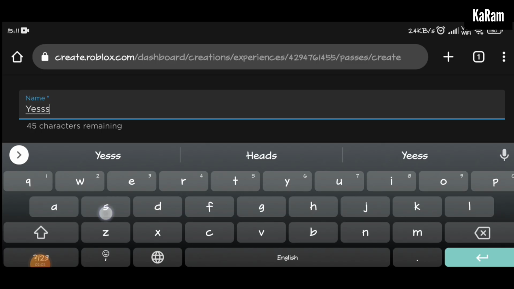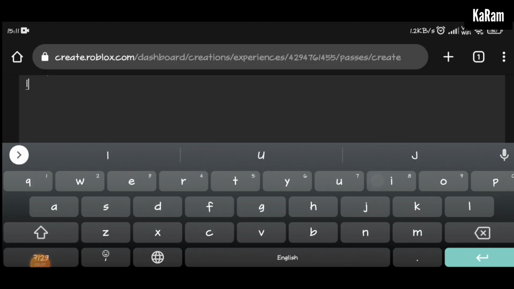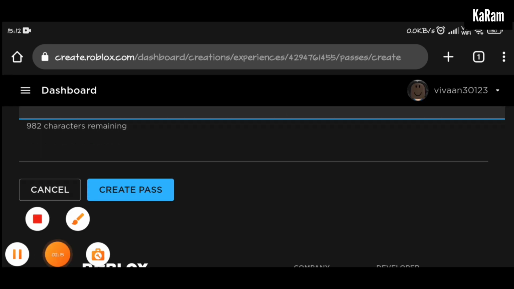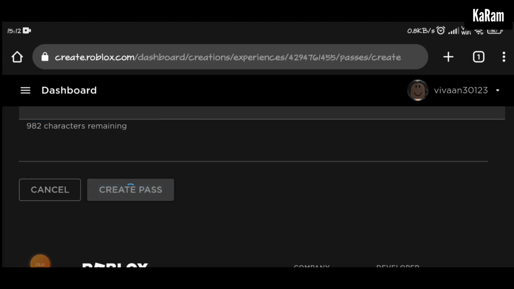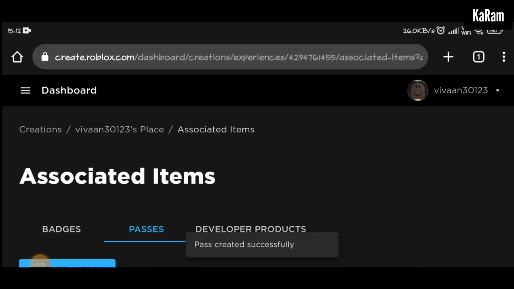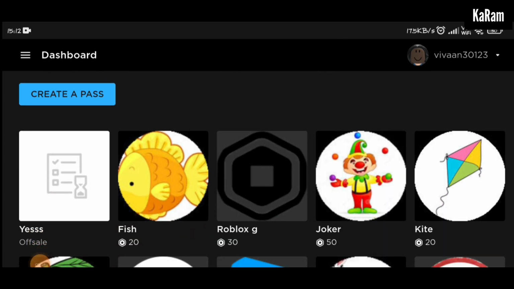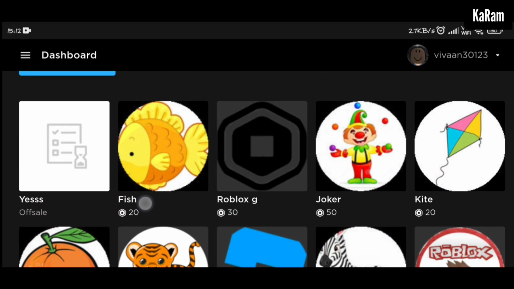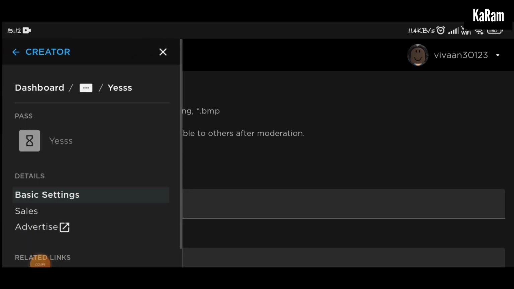and it is just for the demo. So now you can tap on the create pass button. Fine. So when you tap on create pass, the pass will be created, but it is now set as off sale. So just tap on the newly created game pass, and now again go to the menu three bar